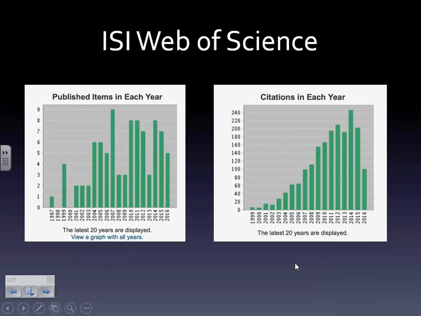ISI Web of Science also gives you this sort of stats where you can look at how many papers the person published every year. Is it increasing? Is it decreasing? Over time, a couple of bad years, good years. And then importantly, how many times have they been cited every year? Now it's obvious, the more you publish, the more papers in the public domain, therefore the more citations you accumulate every year. But you would expect this to increase constantly